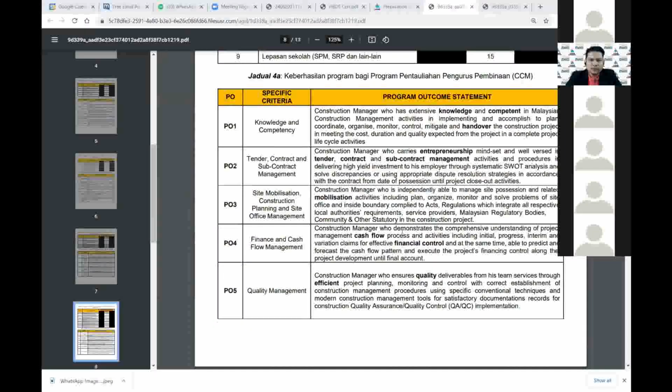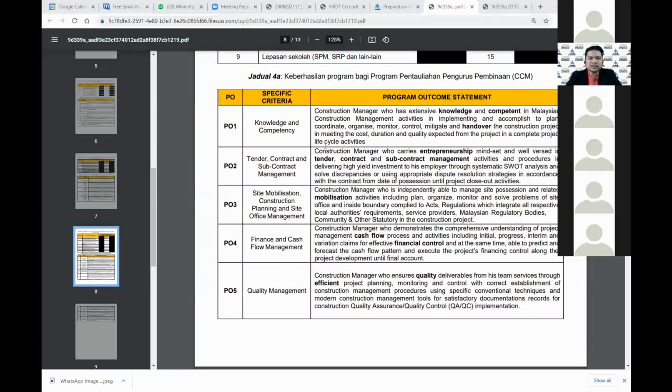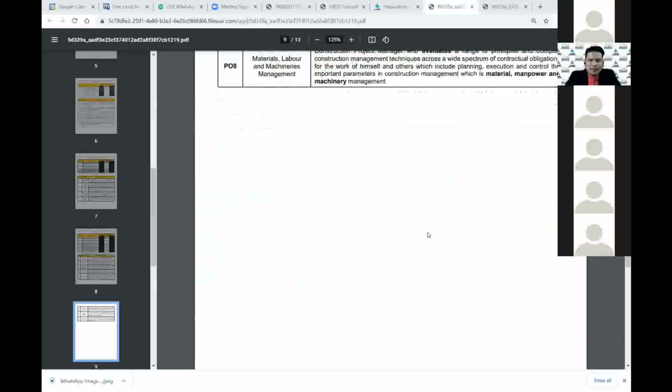And this is for CCM also, we got 8 POs. So this is actually describing our character. If you can see that you have this character, basically you have passed your self-assessment. Okay, I have this, I got this, I know this. So basically you pass your self-assessment. Okay, same goes to other programs.